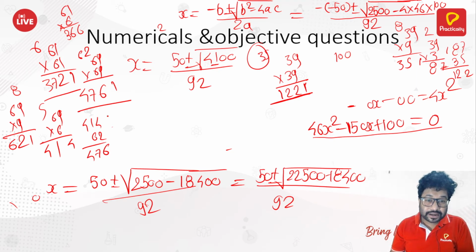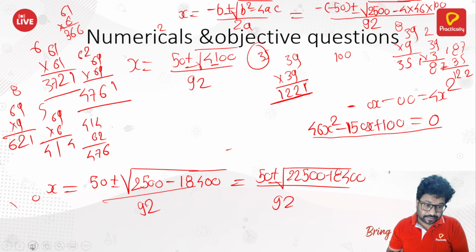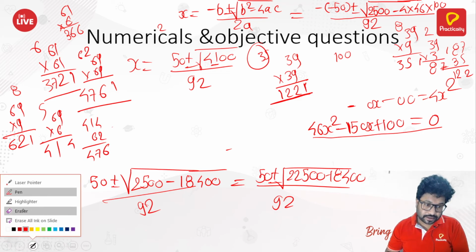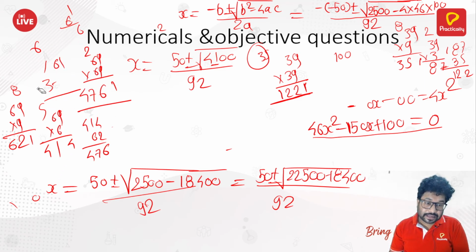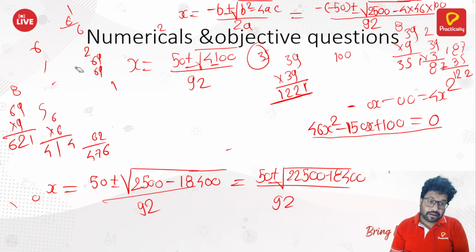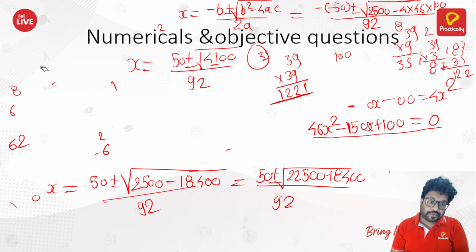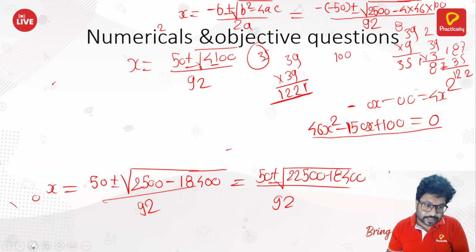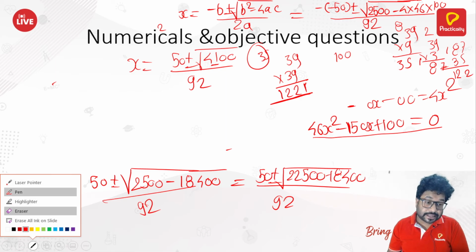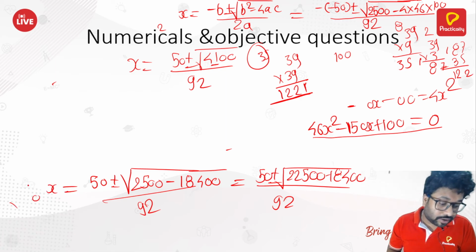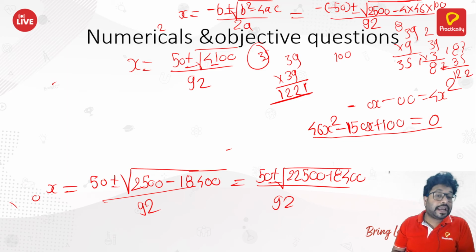It must be somewhere in between them. Maybe 67. We need to go as close as possible. In the exam it is generally given to you. If it comes like this, they have already given you the value of the square root of 44,100. But here we are making an attempt to solve this, and I can use the calculator very easily, no problem with that. But in the exam you are not allowed to use the calculator. That is why I'm not solving with the help of a calculator.